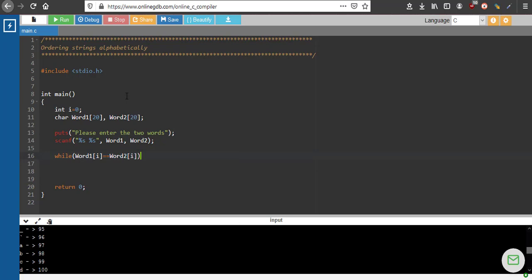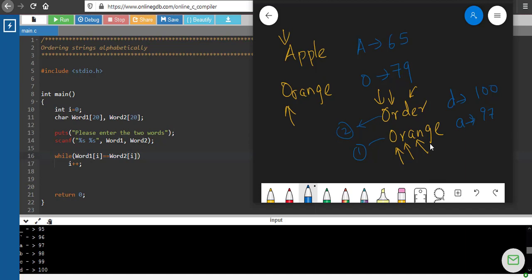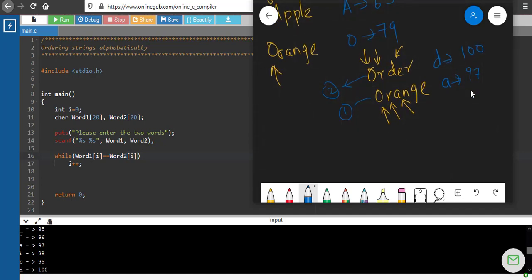Until this condition is satisfied, we have to increase the value of i. This while loop will run till you find a character which is not equal. And there is one more problem here: what if one word is shorter and the other is longer? For example, let's see or and order.